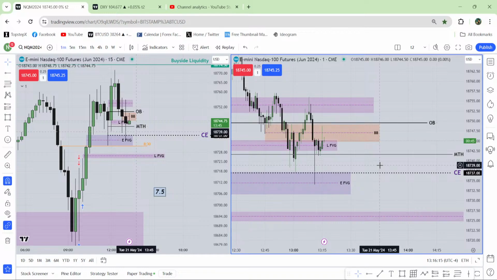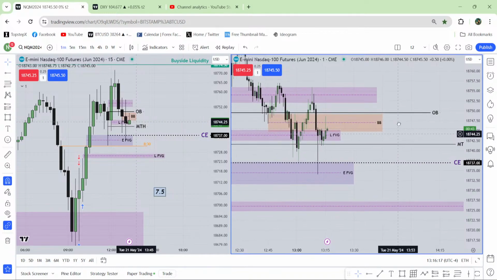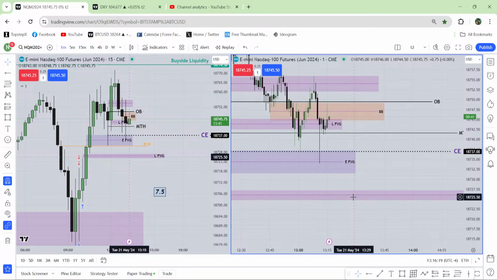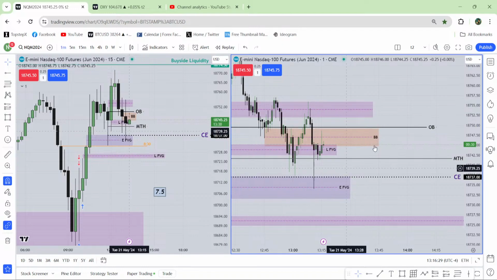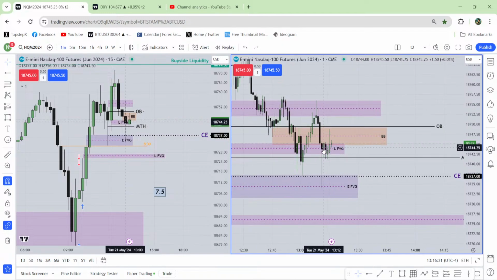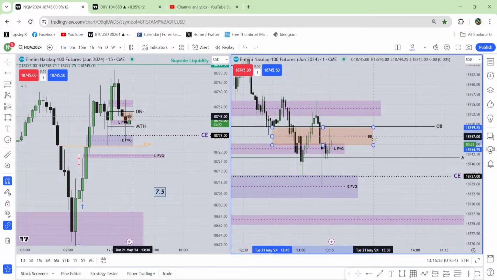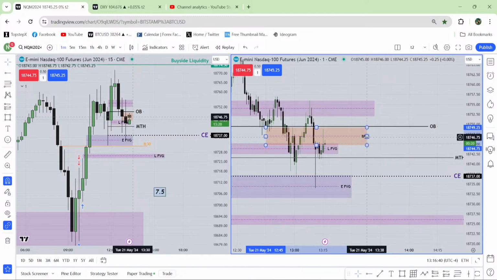Again, I guess some more people have joined, so let me clear the concept again. See this fair value gap from the 15-minute chart, the last fair value gap. Until this fair value gap is broken, I am not selling anything. I am going to buy and buy. If I get a perfect market structure shift, I will call it a perfect setup. For me, the breaker is the easiest one to trade, so I will trade depending on this breaker.